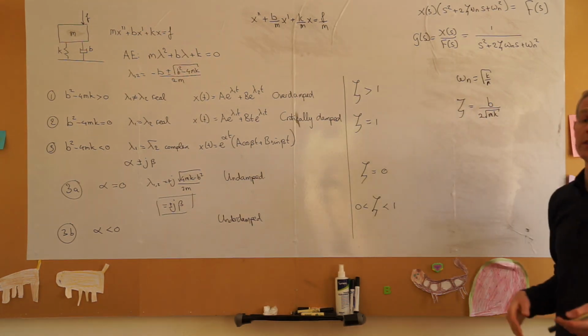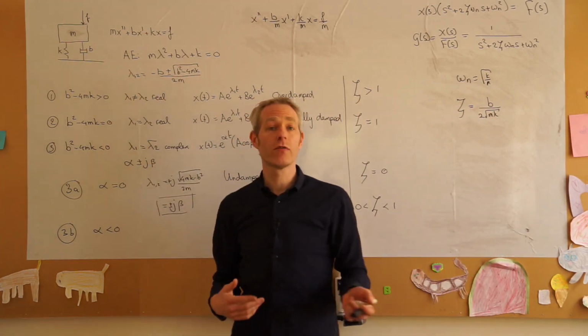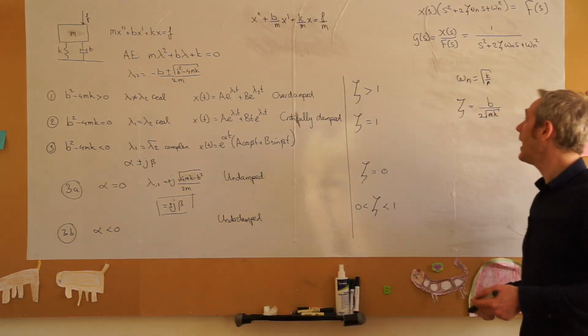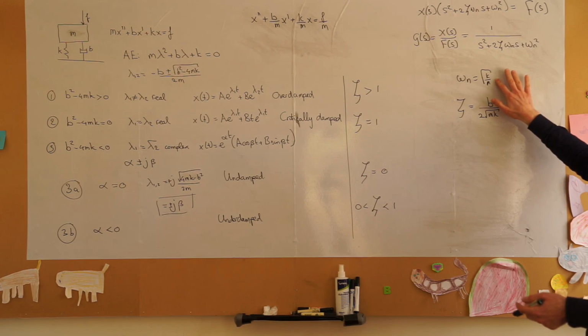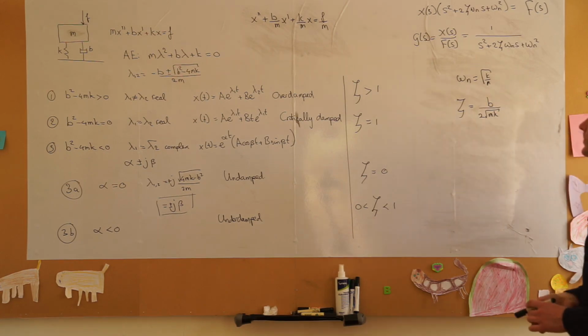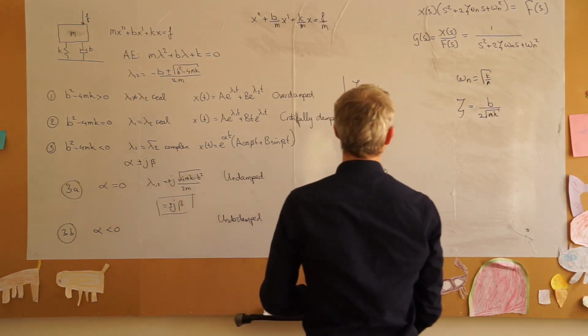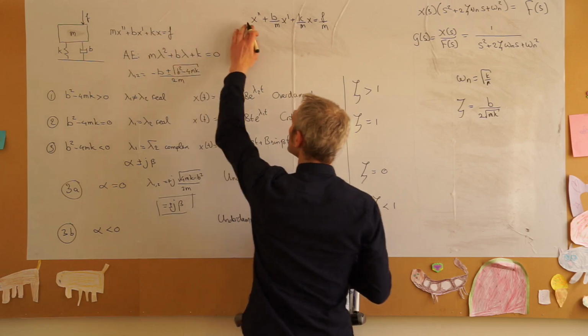Now the natural frequency is the frequency at which the system oscillates if there is no damping. So there's no friction or damping. The system will just oscillate indefinitely, and it will do so at the frequency of the square root of k over m radians per second. Now I would like to rewrite this equation. I've taken the original equation and